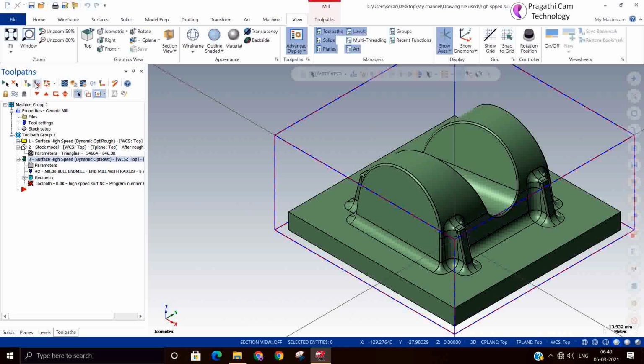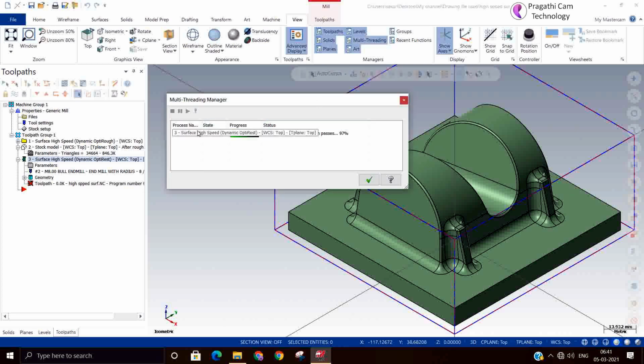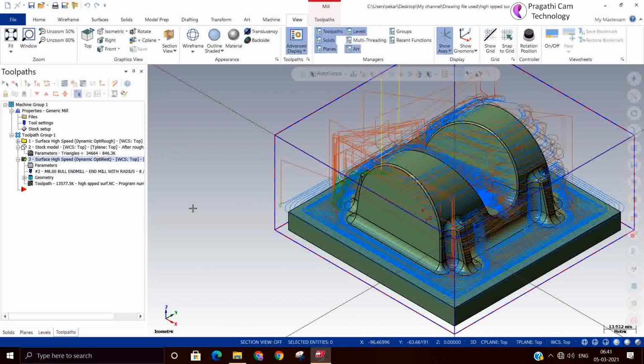By doing so, avoiding small cusps, we will reduce the unnecessary retract moves. Okay, and definitely there may be chances of time reduction also. So now we speed up a little, right click and make it high. This option is available in the view command. You just click on view and the threading manager and you can right click and make it. Okay. Now we'll see in the back plot.